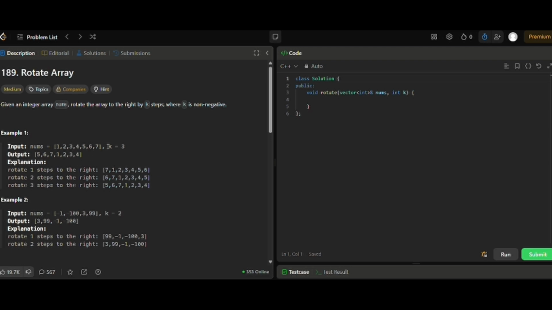Like they have given k is equal to 3, which means from 0 to position 3, what all the elements are there in the array, they should go back to the array, which means back of the array. So like this. So to achieve this, first I need to get the size of the array,